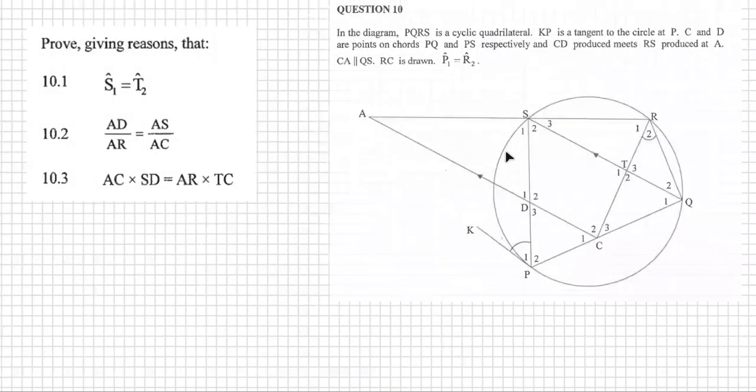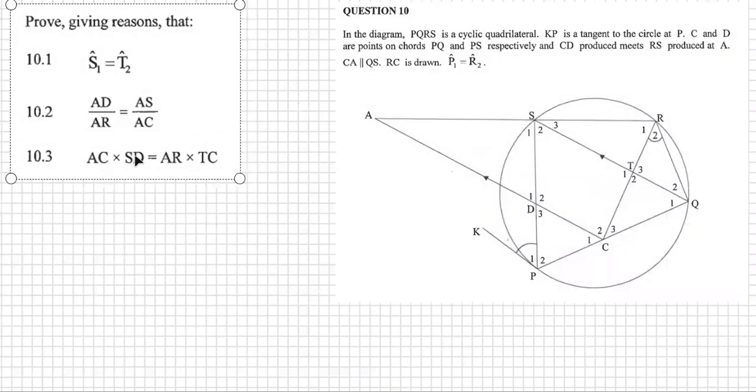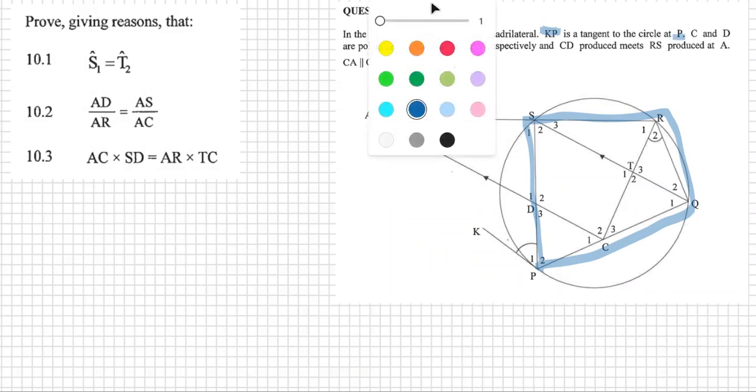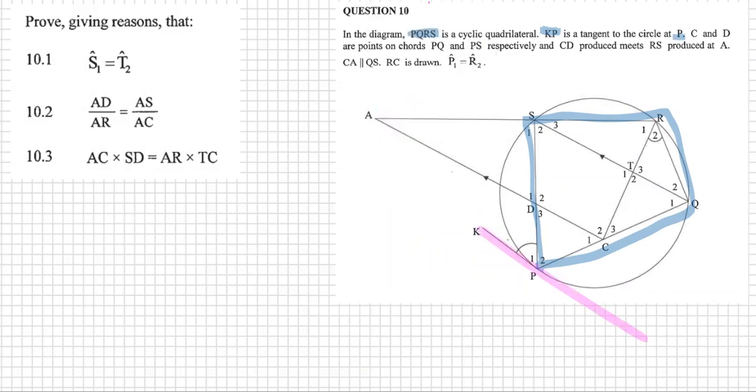Rearrange it a little bit. There we go. All right. Information given. PQRS. PQRS is a cyclic quad. KP is a tangent to the circle at P. So KP here is a tangent to the circle at point P. C and D